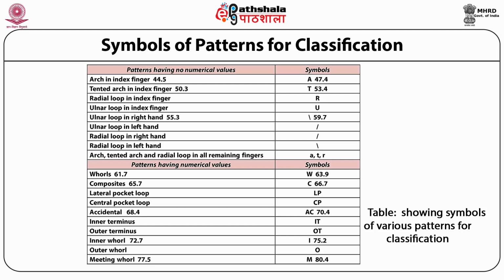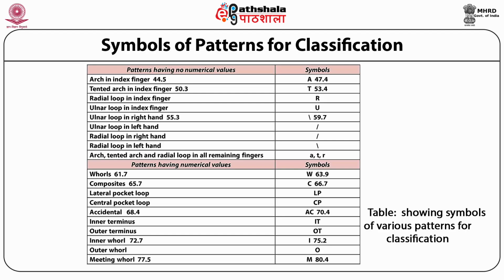Thus, Henry system of classification is divided into two classes: those which have numerical values and those which do not have numerical values. The table is showing you different symbols of various patterns for classification. For example, arches in the index finger is depicted by capital A, tented arch in index finger is denoted by capital T, ulnar loop in right hand is depicted by oblique,